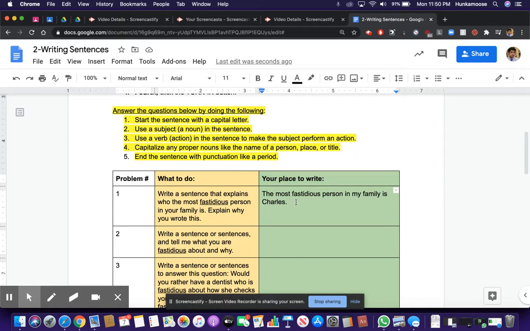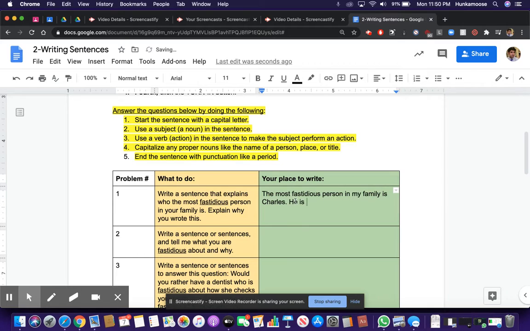Okay, let's explain why Charles is the most fastidious. So again, now notice, I want you to see what I did here. After I put the period, I hit the space bar because after a period, you're supposed to hit the space bar to start the next sentence. And I'm going to start with he, which is a pronoun for Charles, and it's capitalized. He